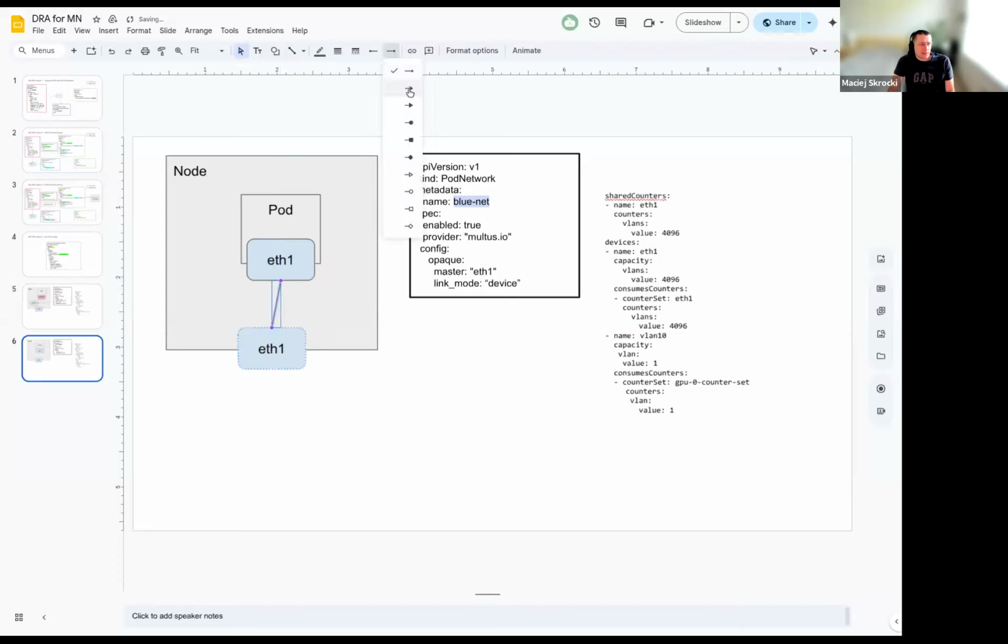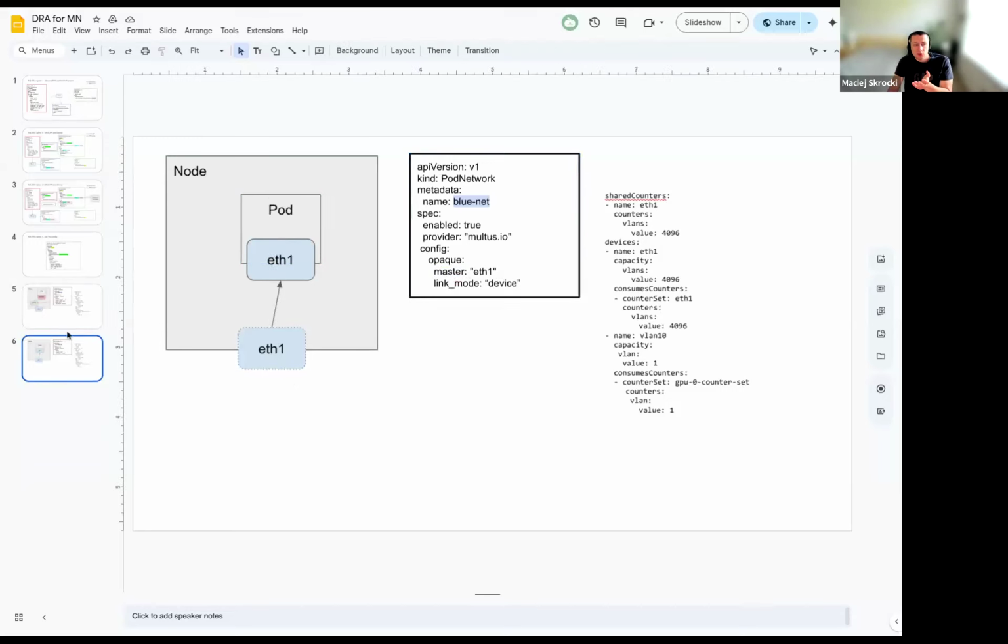But for virtual machines, this is what you would do, right? You would pass the whole interface into the pod, because it's a virtual machine. So SR-IOV won't fly there. Imagine ETH1 is your virtual function into the virtual machine, and you just pass the whole virtual function into the pod. That's the use case here. So in that case, my master is ETH1 and I want link mode device. And the question here is,